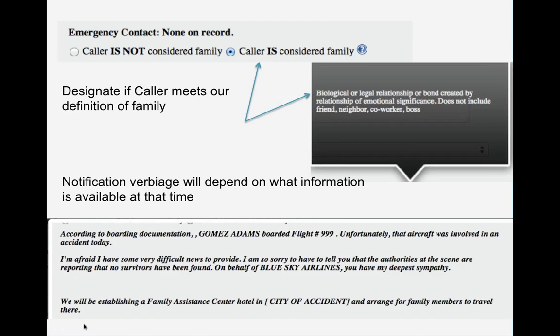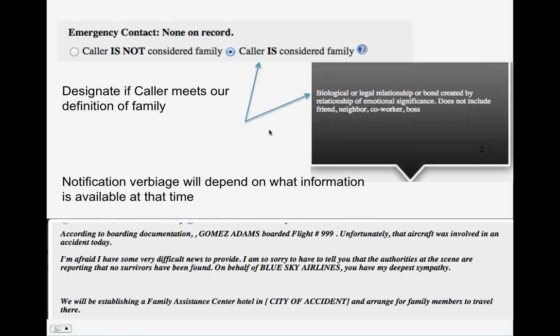Now, I have to also give you this overview for aviation accidents, and it pretty much applies to any disaster. The intent of the legislation was that the definition of family, first of all, was not provided, and so the intent was for the organization to adopt a very inclusive definition of family.